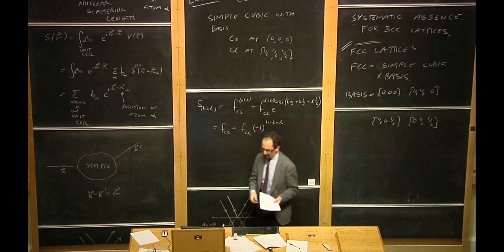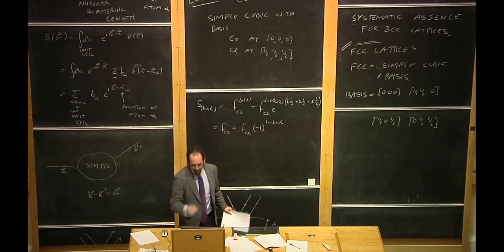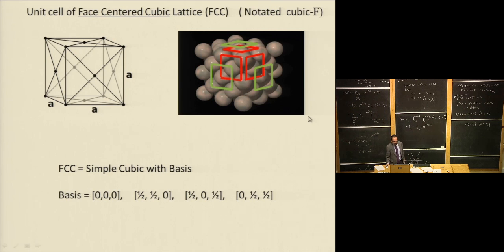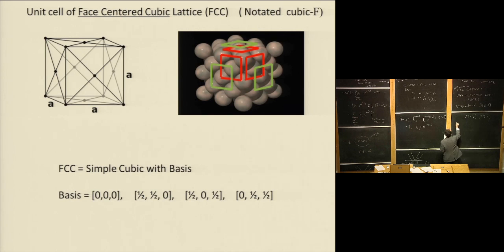Actually, I think I have a picture of that as well. Remember this from a couple lectures ago. The FCC lattice is 4 interpenetrating simple cubics. Okay? So we can write the structure factor. The structure factor is going to be the sum over all these 4 lattice points within the conventional unit cell of e to the 2 pi i, and I'll abbreviate this, (h, k, l) dotted into (u, v, w), point alpha,